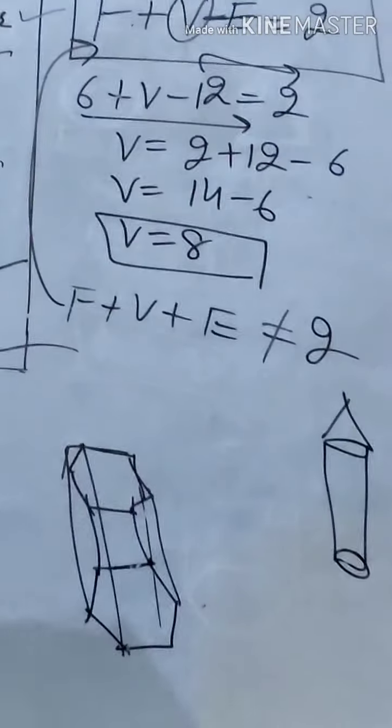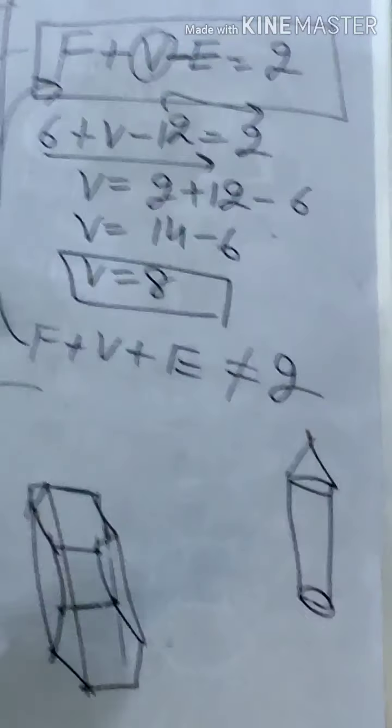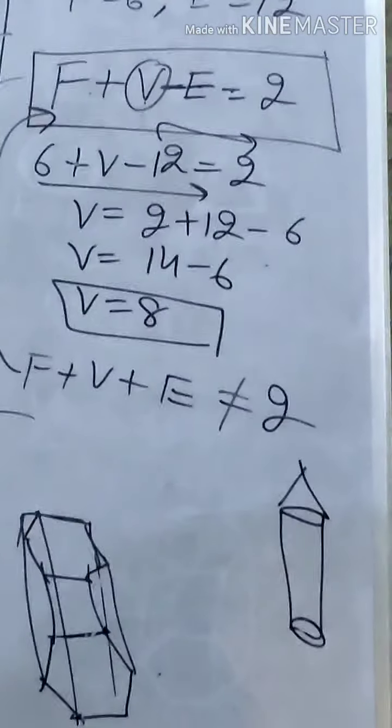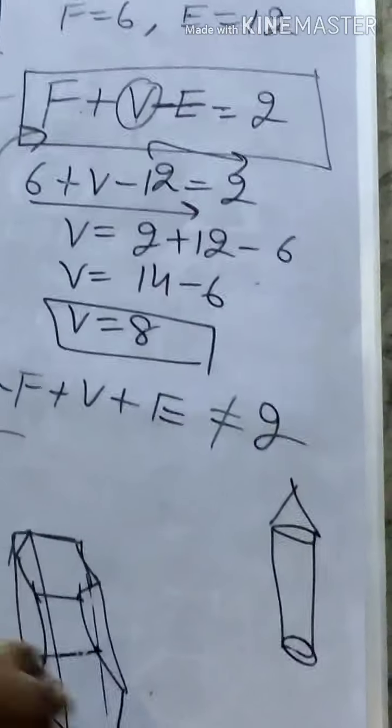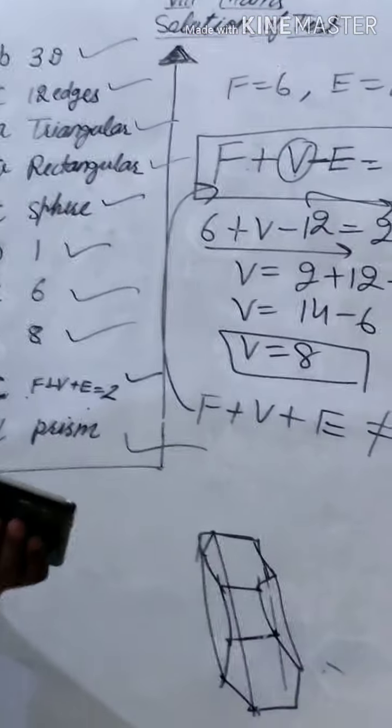Understand? You can't say cone, you have not seen that. The pencil has a hexagonal shape on top, always. You can see the pencil. So, my dear students, its answer is part D. It is very easy. Many questions like this can be asked in MCQ type, and you can verify them using Euler's formula. So, my dear students, revise as much as possible so that in the exam you score full marks.